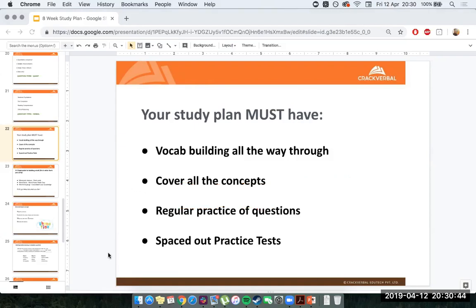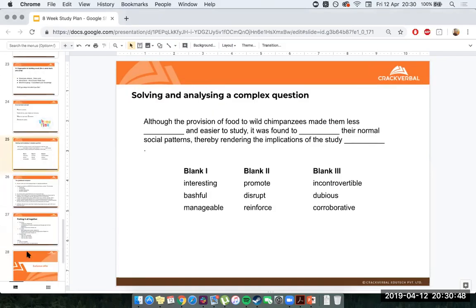But when we practice questions regularly, we need to make sure that what we're focusing on is the analysis of those questions. It's not just, hey, could I do this question right or wrong? I did this question right, so fair enough. But okay, what did I learn from it? Or let's say you got it wrong. What could I learn from it?